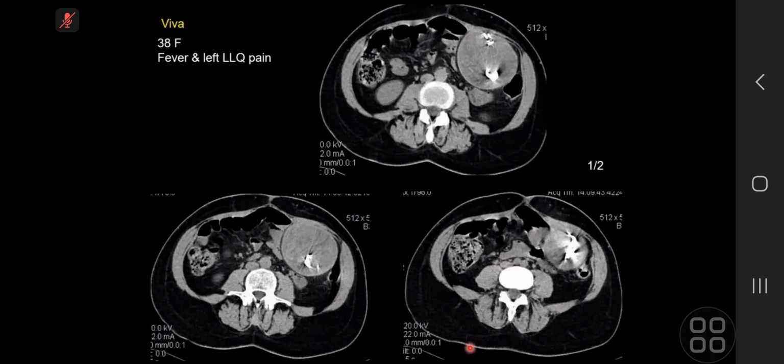So there is a well-defined mass in the left lower quadrant. It displaces the small bowel posteriorly. There is some metallic artifact through this region, but otherwise it is of fairly homogeneous density. There's no surrounding stranding. So my suspicion is that